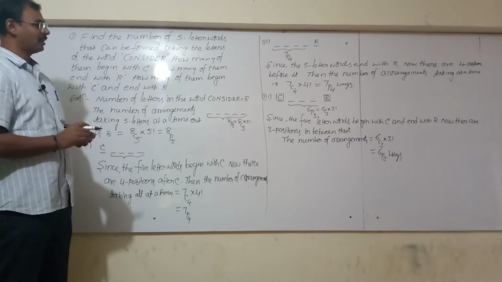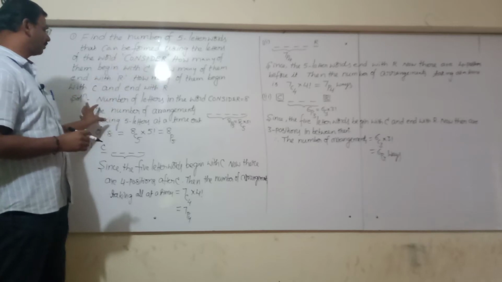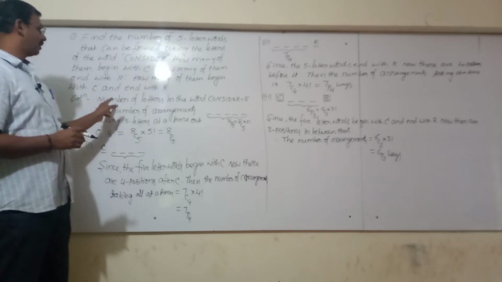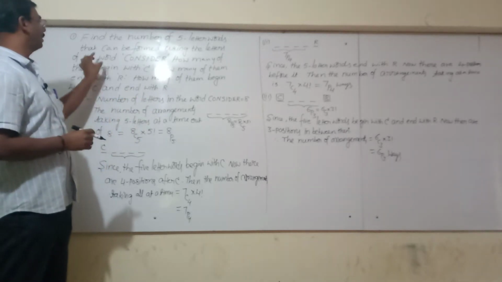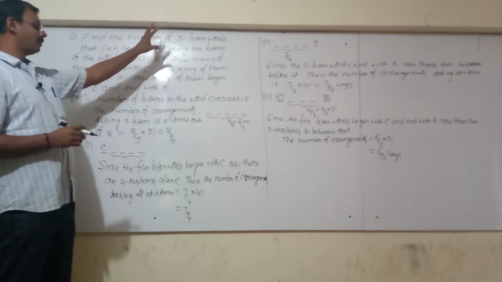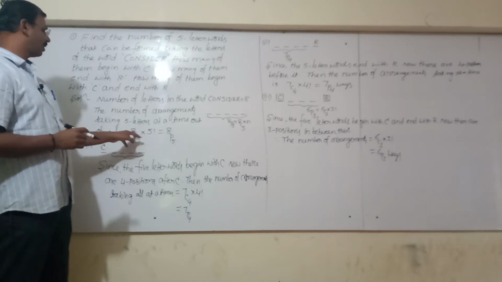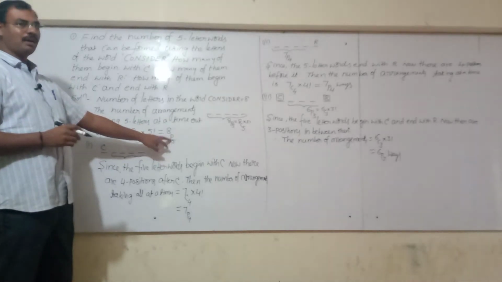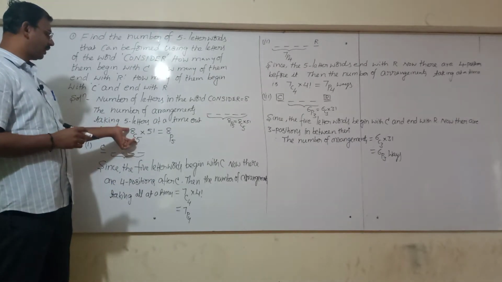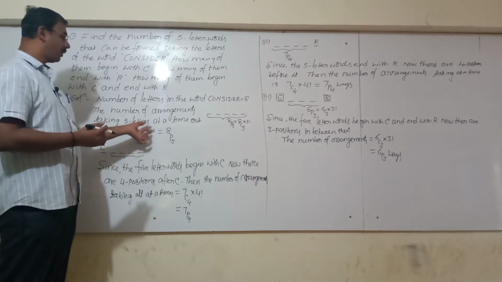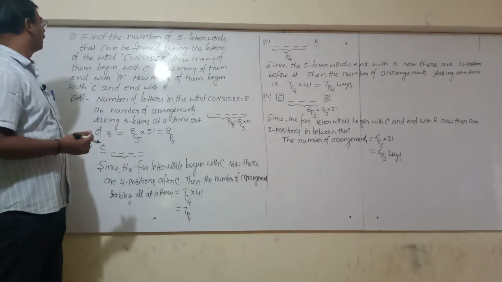So questions like this come in exams. Consider any word, however many letters it has, how to find out? Firstly, the simple thing: count the number of letters in the word. Next, which length of word do we have to form? 5 letter words, so we can arrange in 8P5 ways, nPr. Out of 8, we have to fill 5 only. This is actually selecting 5 and then arranging these 5 in 5 factorial ways. This is the method.